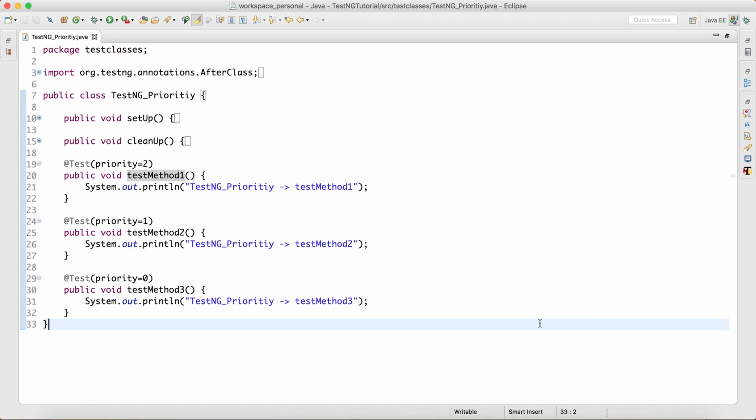And in general, the practice is to make test cases independent, so we don't have to really make dependent test cases or run them in a particular order. But there may be scenarios, depending on the application and the particular feature that we are testing, where we might need a particular test case to run at the first occurrence, and then a particular test case at the second time, and then a particular test case at the third time. So basically in a particular order, we might have a scenario like that. So if we have a scenario, then this is really helpful.